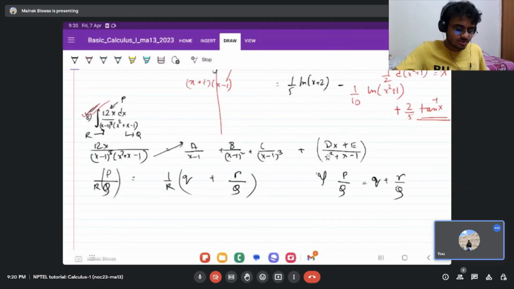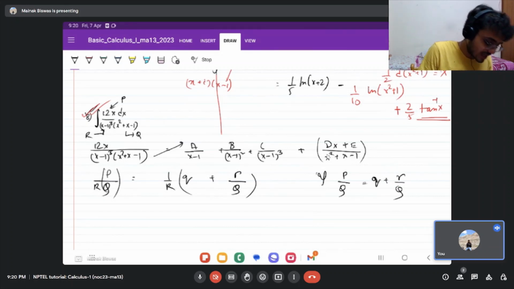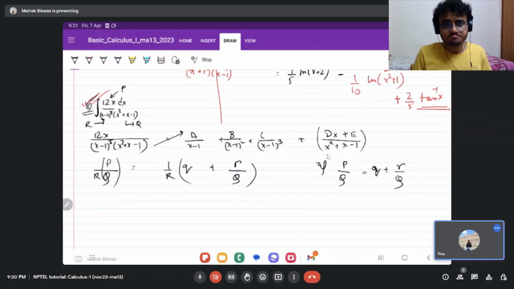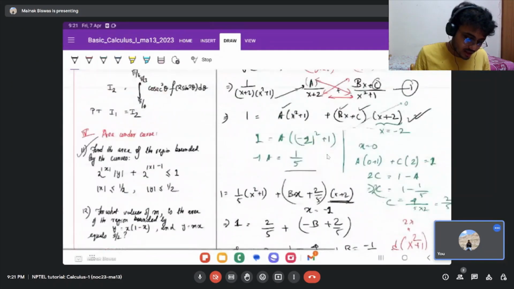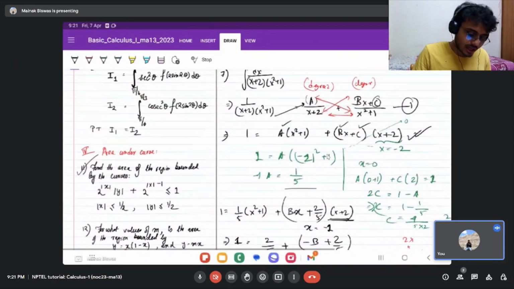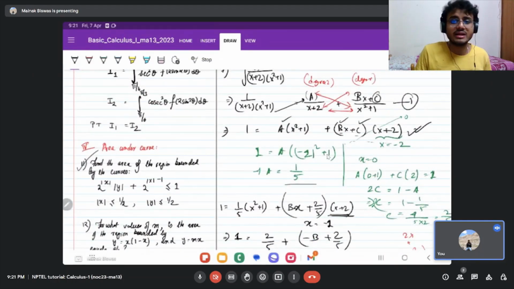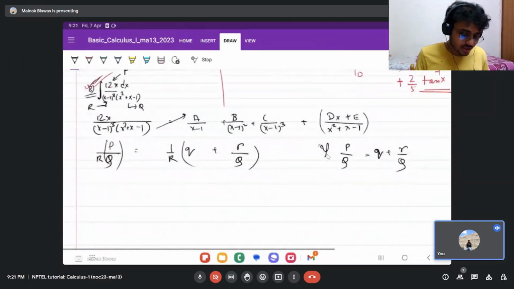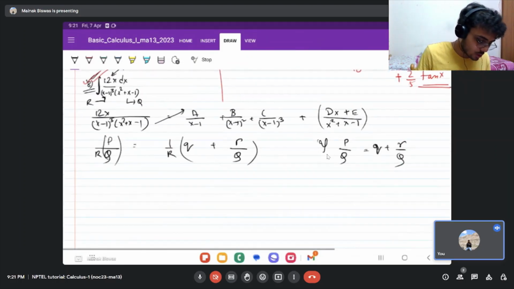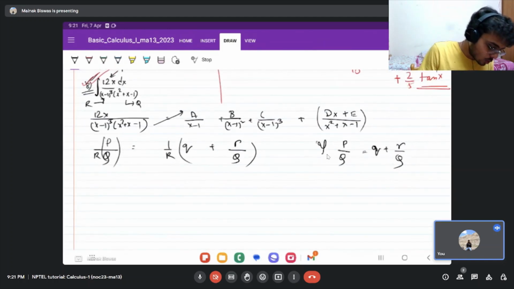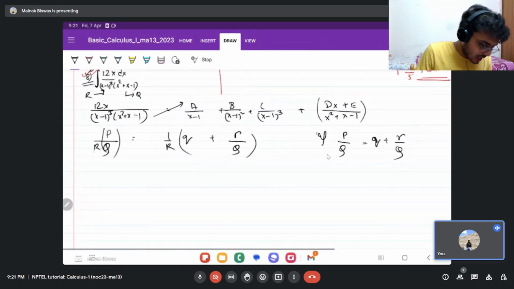So instead of doing a partial fraction, which is directly solving for a or b, you could compare coefficients of x on the left and the right hand side and get their values. Instead of doing that, what you can do is directly do the division in these cases. So in this case, when it's very difficult to compute, what will you do? We want our function to be simple,